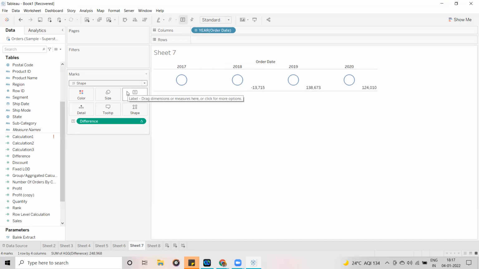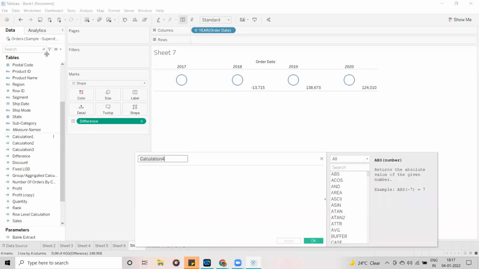Now, how should these values display? My requirement is that a positive value should show a green arrow mark, a negative value a red arrow mark pointing to the bottom, and 0 should display some neutral color. How will I display these symbols? I am going to write one calculation here.